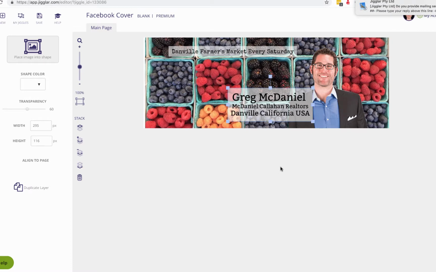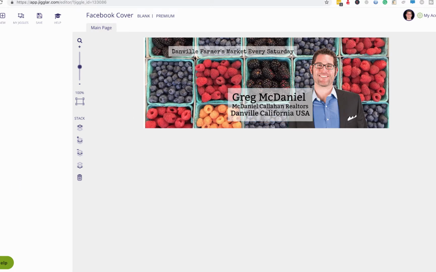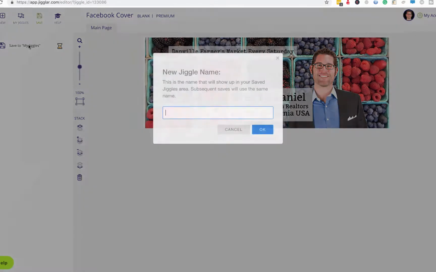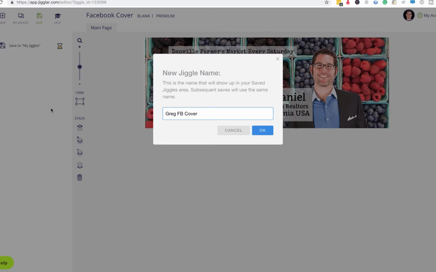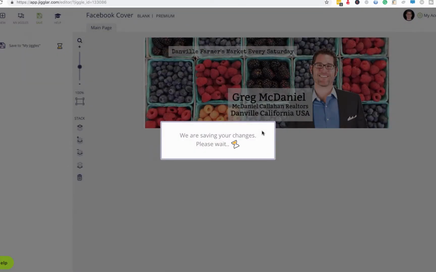And what I can do now is, I want to save that obviously. So I'm going to click Save. Save to my Jiggles. Greg Facebook cover. And I click OK because I want to save it. Now I want to download it because I want to be able to upload it to my Facebook page. So while that's just saving,